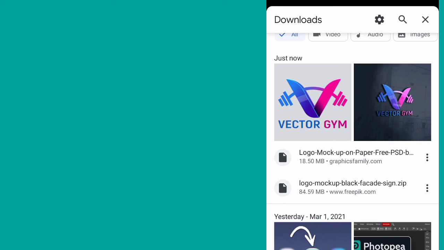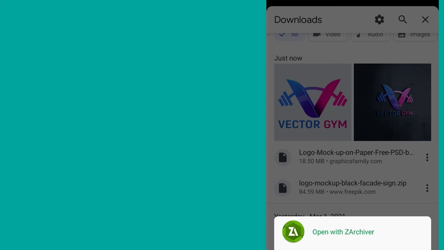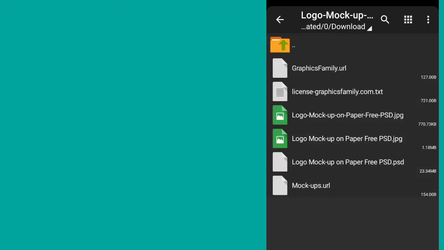So the next thing you will do, immediately after you finish downloading it, is to tap on it once. You see, automatically it's asking you to open it with ZArchiver. Then click just once. Now, these are the contents of the mockup you downloaded.